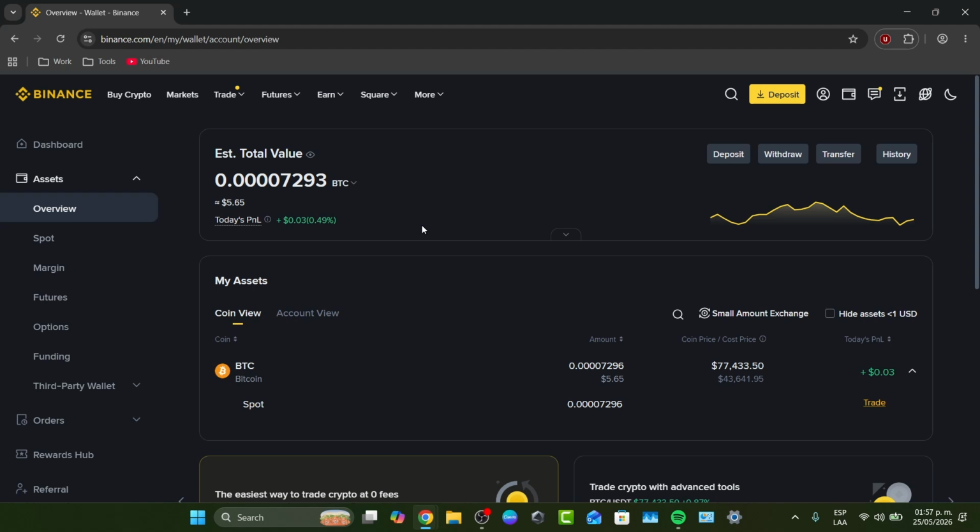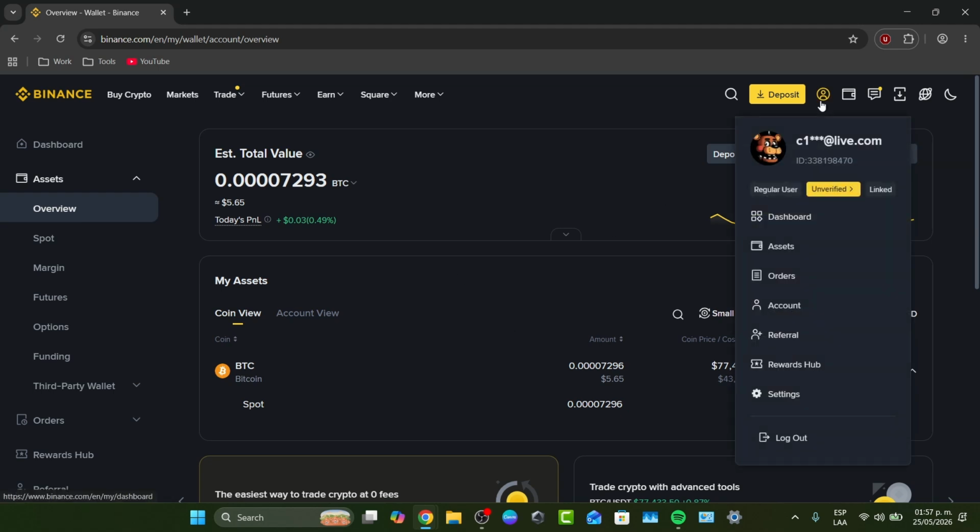The first thing I want to do is to clear the verification setup. Before you can withdraw a single dollar, you need to clear the compliance gatekeeper. So you want to click on your profile icon once you're signed in, and make sure that you have the element that says verification get started. If you don't have your account verified, there is no way you can withdraw your money from